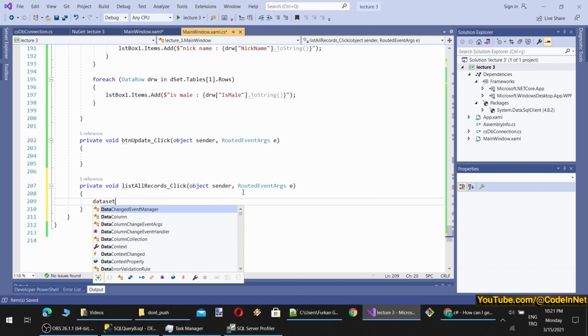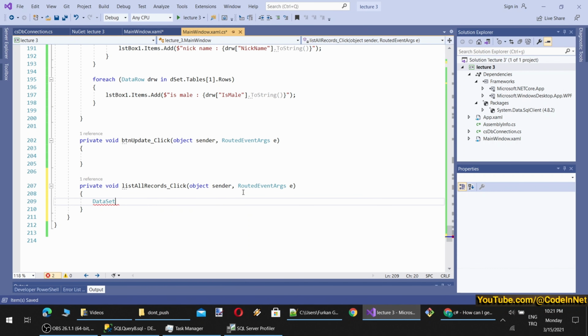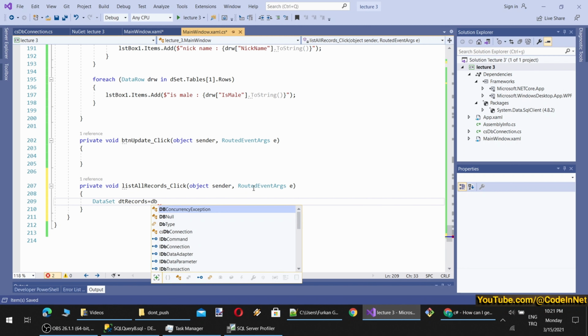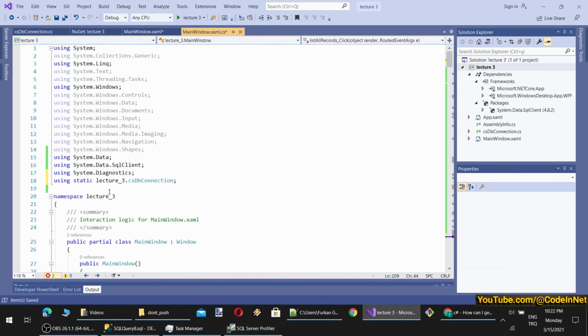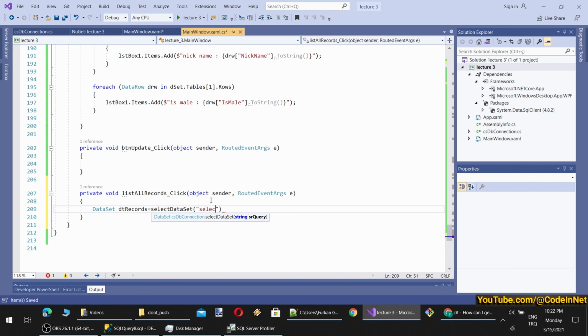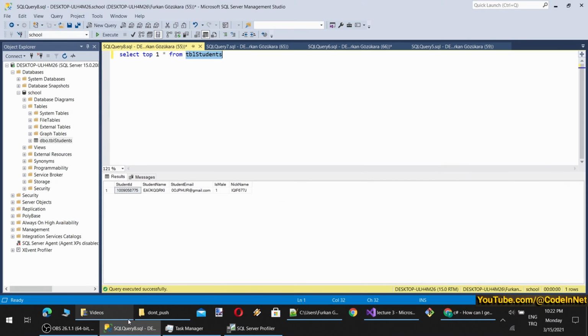Here I will return a DataSet, or I can also say var, or let's say dtRecords equal to the DB connection. I can reference it, or I can directly access the method because I have added CSDB connection as a reference in using, and the query will be select all from TBL students.